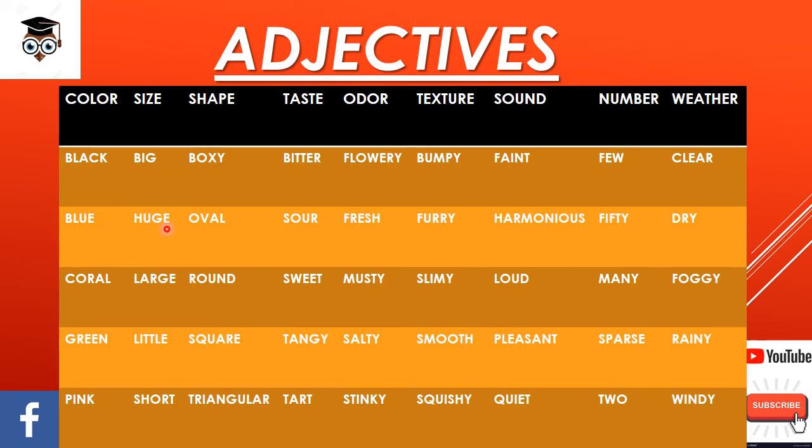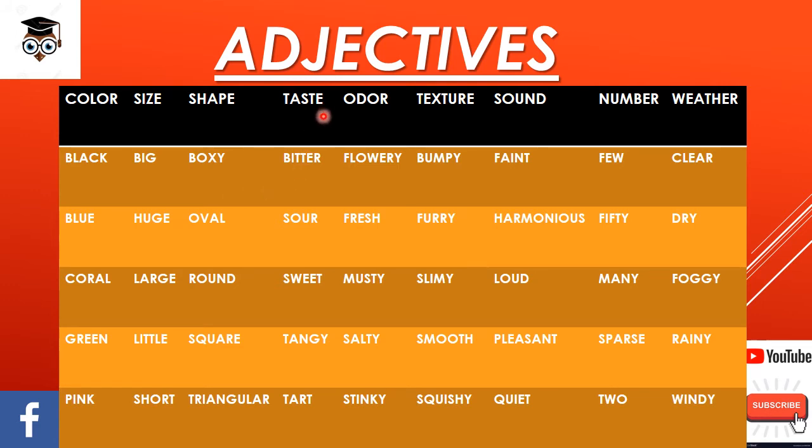A huge animal. So animal is a noun and huge is the adjective. Shape. Shapes can be any. There is a triangle or a square or a rectangle, table, a box, anything.